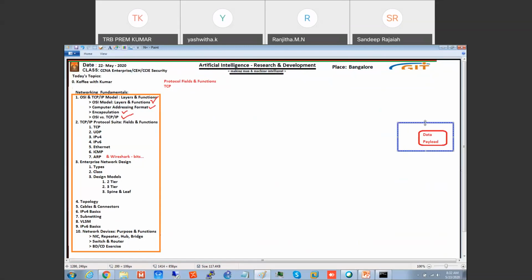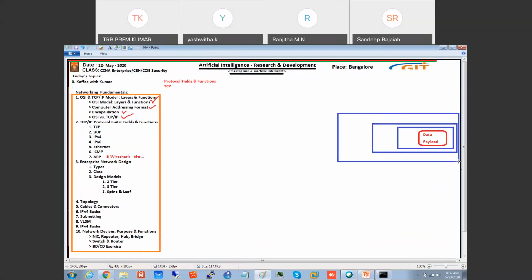This is my L4 header. Then I'm going to add my L3 header. Then I'm going to add my L2 header.